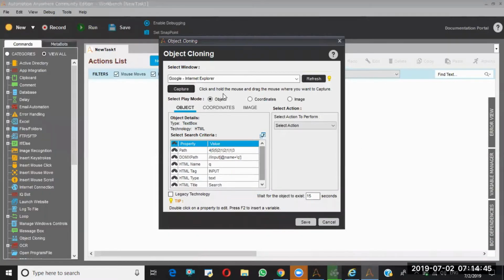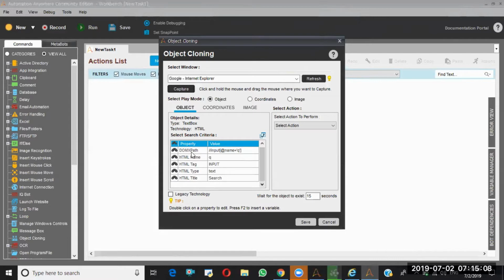Whenever I use object learning in object mode, I get this much technical information related to that particular object. What is the path, what is the domains path, what is the HTML name, HTML tag, HTML type, HTML ID, like this.